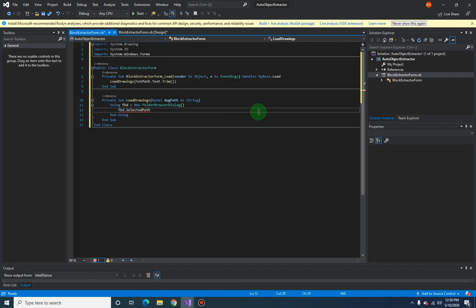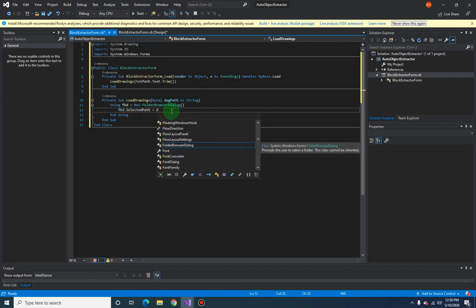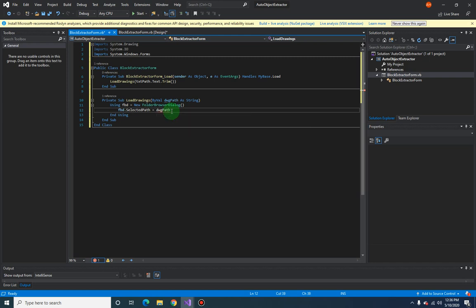So we are basically passing this drawing path here, dwgPath. And now we're going to create a variable that will store all the drawings from this path. So we have located the path. Now we need to create a variable. Let's just call it files As String, an array of string,